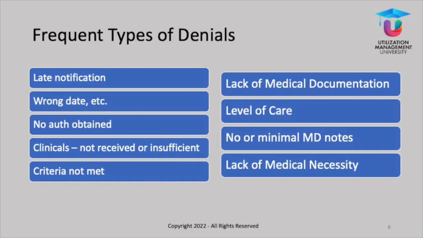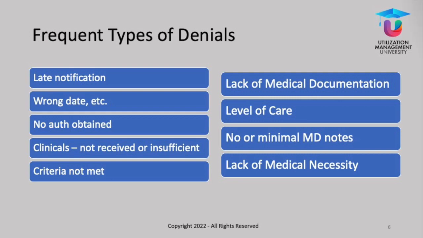Let's break that down into further classification with the frequent types of denials. Let's start with late notification, the wrong date, etc., no authorization obtained, clinicals are not received or are insufficient, and lastly, in that category, criteria are not met, and that typically has to do with DRG denials or level of care denials. A lot of the process denials have to do with lack of medical documentation, and as already mentioned, level of care denials, no or minimal MD notes, and lastly, lack of medical necessity, as we are so familiar